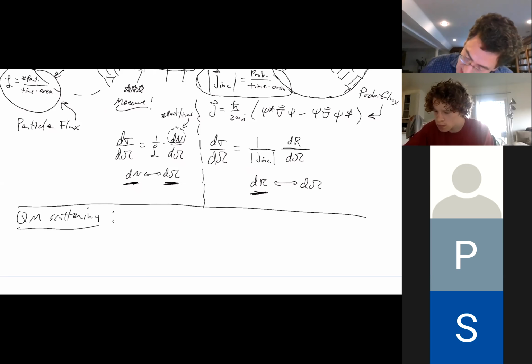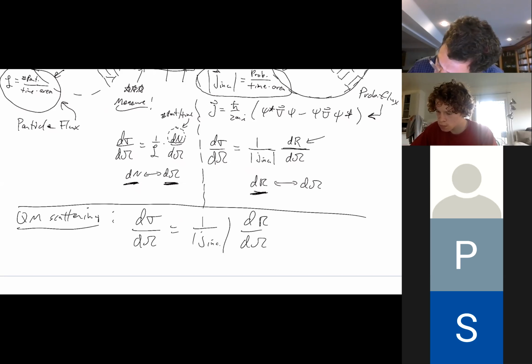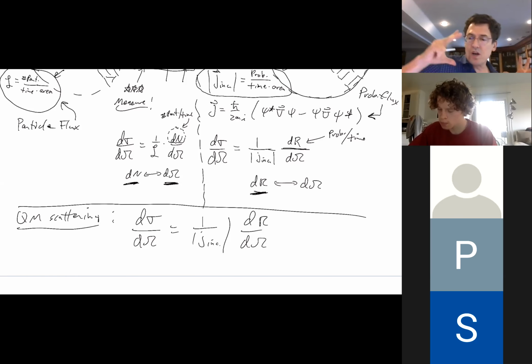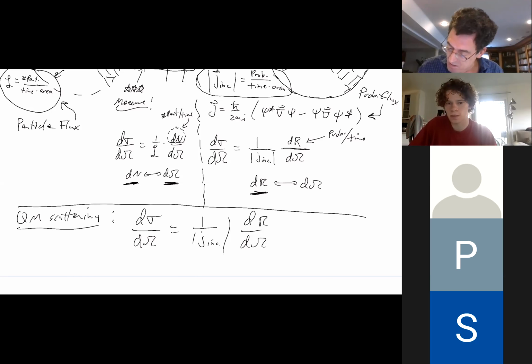In quantum mechanical scattering, we then have this quantity, the differential cross section, d sigma d omega, which is equal to 1 over J incident times dr d omega. And dr is the probability per time for the probability to flow into the detector. So this then is how